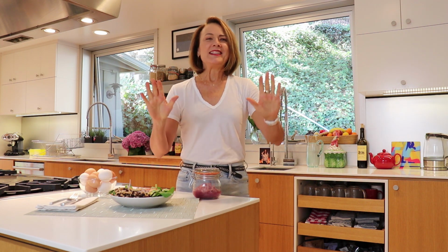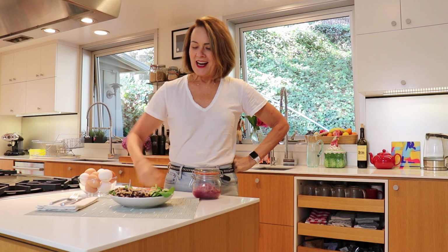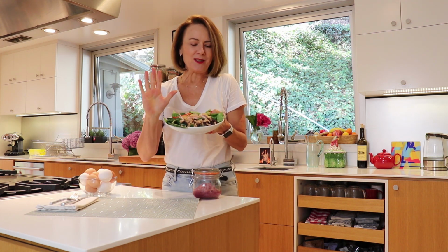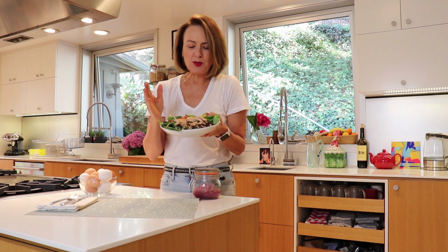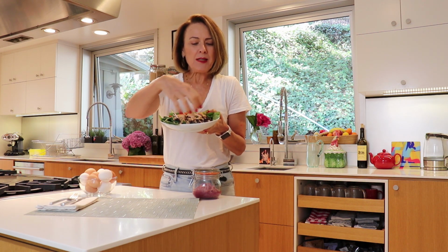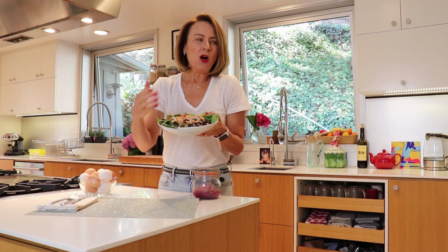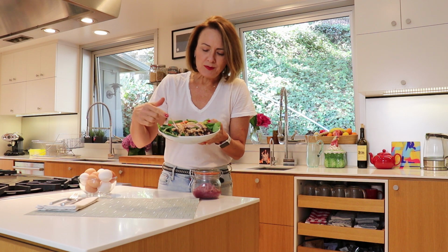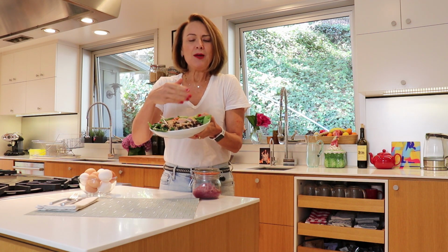So listen, to simplify it all, let me show you what I had for dinner last night. I made this grain bowl that just puts it all together. I got some spinach. You can use arugula, chop up some romaine if you want. I happen to have some green beans, black beans and farro, which I always try to have some kind of a grain and a bean in my refrigerator, or canned beans, it's fine. Happen to have some cucumbers, bell pepper, and then I bought this